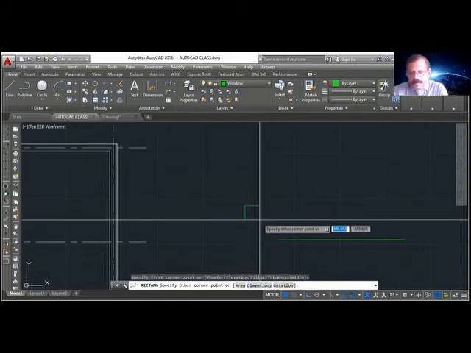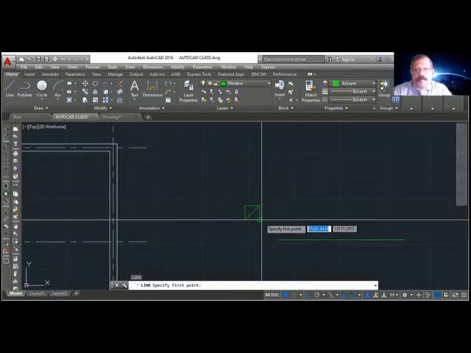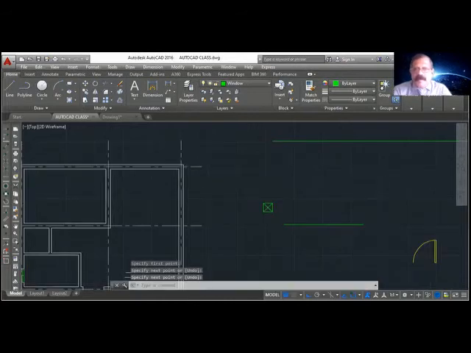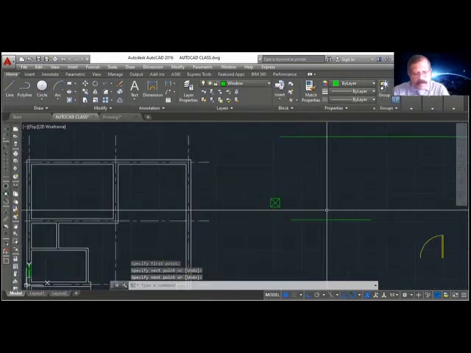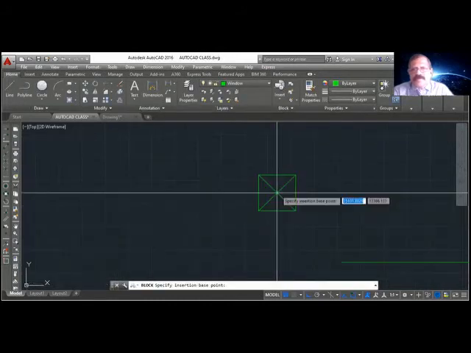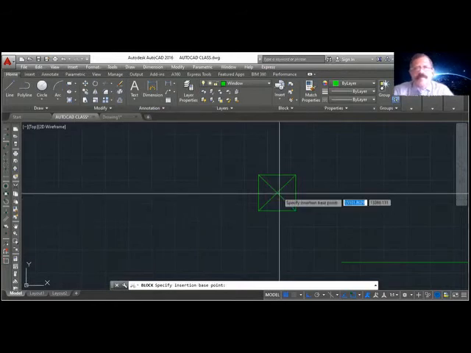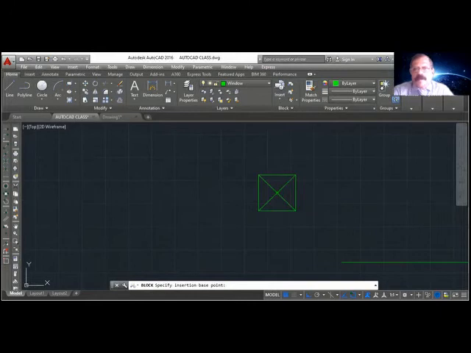I'll just draw a line from here. So this is my pillar. I want to convert it to a block, named pillar. For the base point, I should use the center point, the intersection point. Click, select object. So this is my pillar.